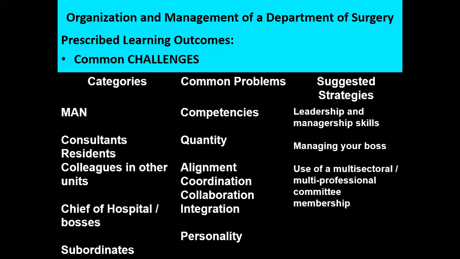The common problems encountered here under man categories are the competencies. Number 2, quantity, enough or not. Alignment and coordination, collaboration, and integration of all the things that they are doing. And of course, personality, which is the most difficult thing to handle. Okay. Suggested strategies consist of leadership and